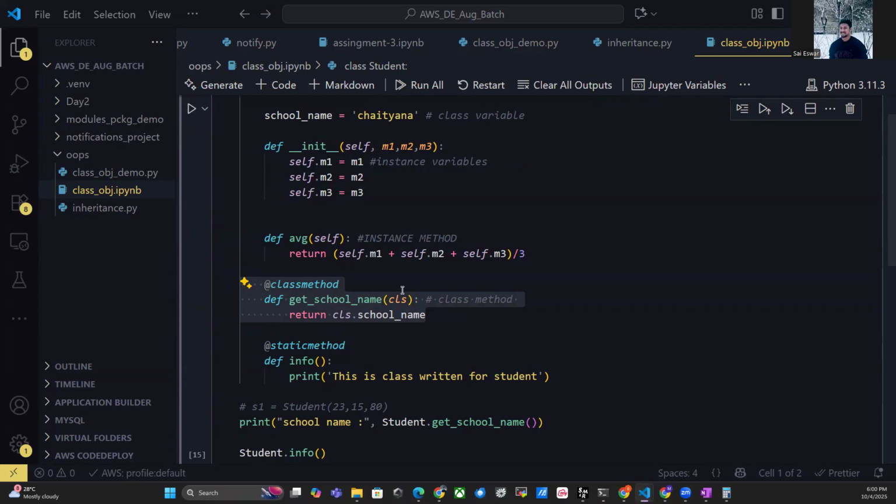Anyone? Any advantage you see with class method? Ani, Shiva? Any advantage of class method? By this time, you should be able to understand. Yeah, we need not define it everywhere, but like the school name is common here. We can call it wherever we want. Okay. So in short,